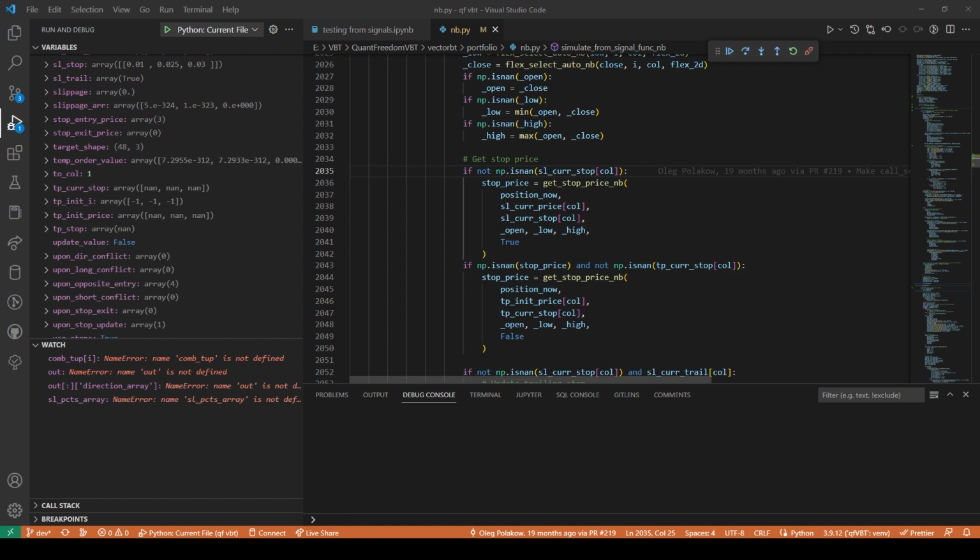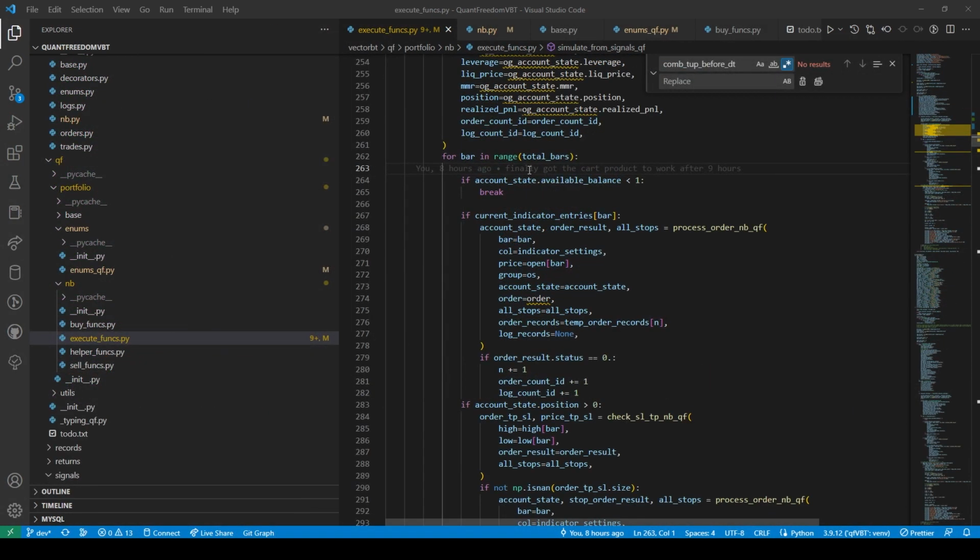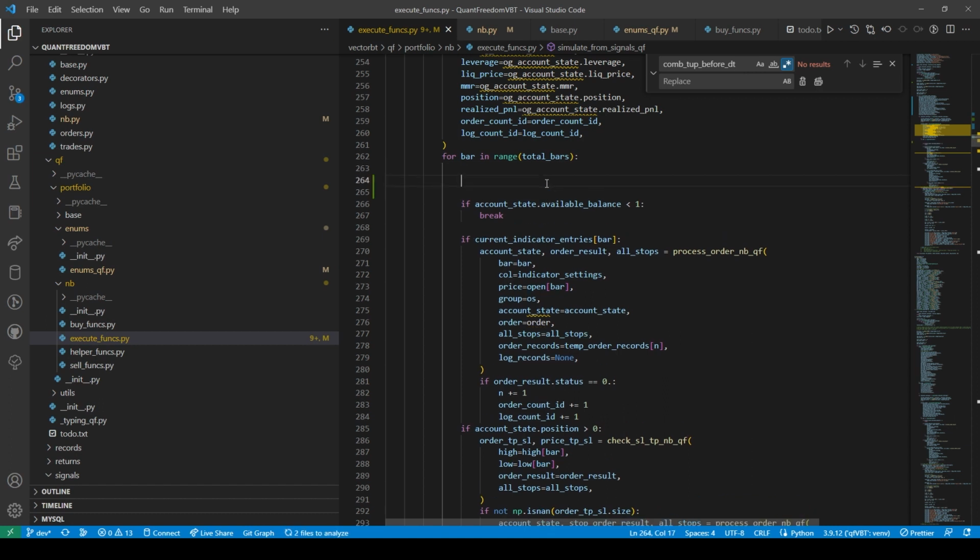So I guess over here we would do this and say, I mean, if we are in a position, if our position is greater than 0,